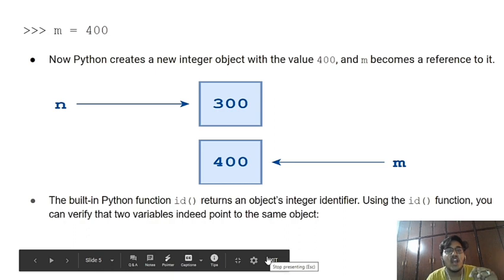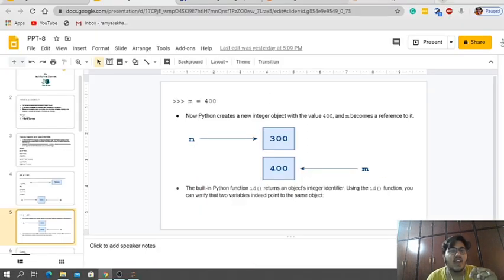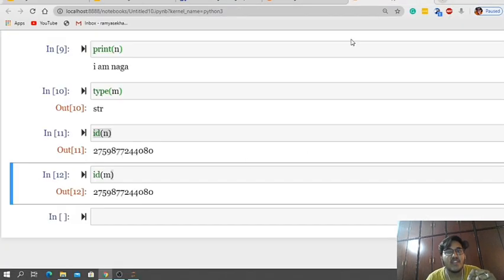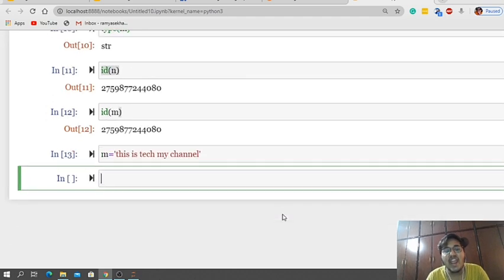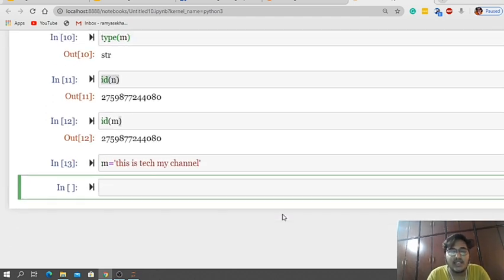Is this clear? Now let me change that value and check whether they will be modified or not. So now I will change the m value to "this is Tech My Hire channel". Okay, now I have changed the m value.